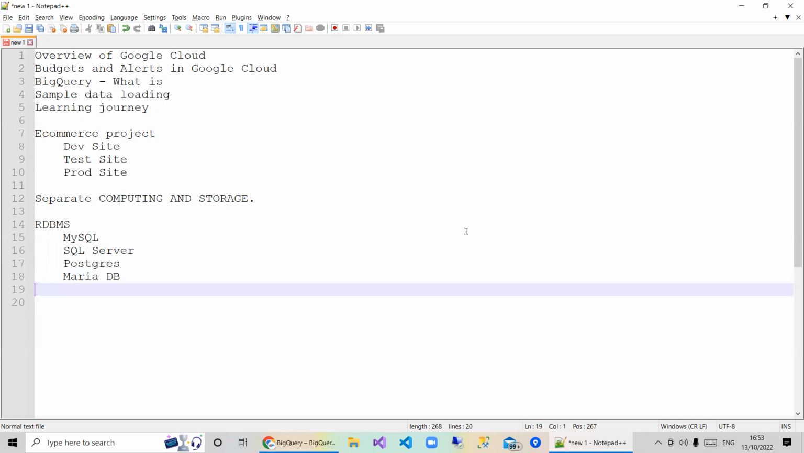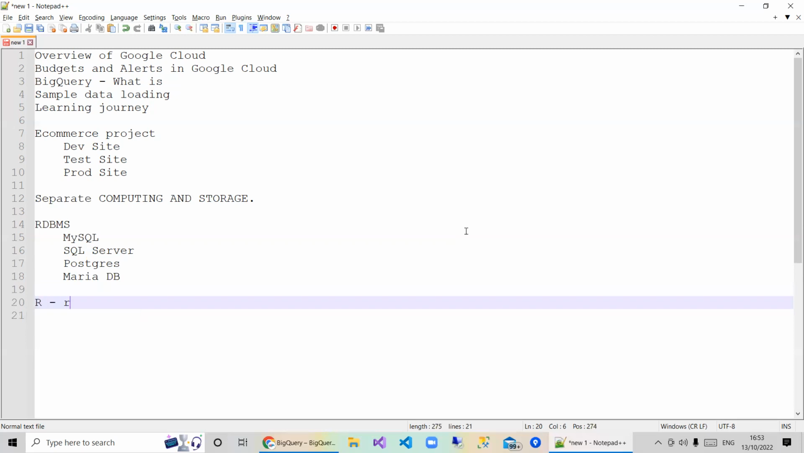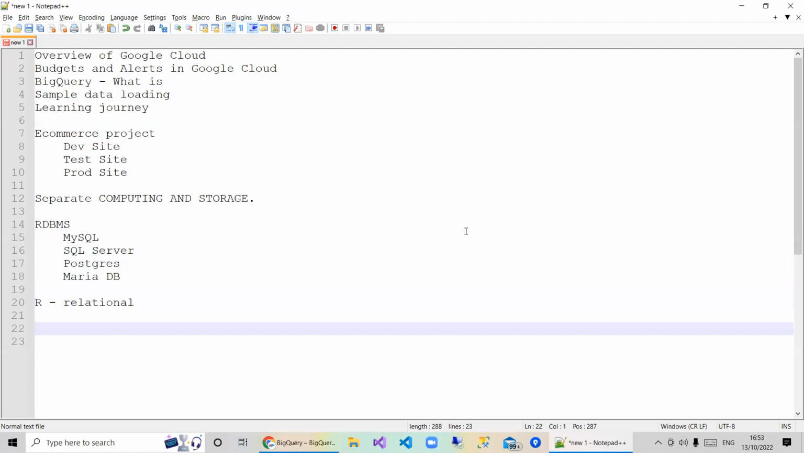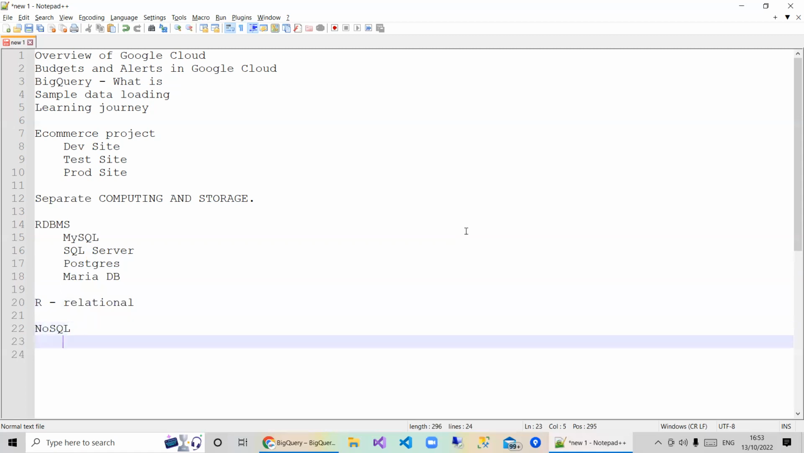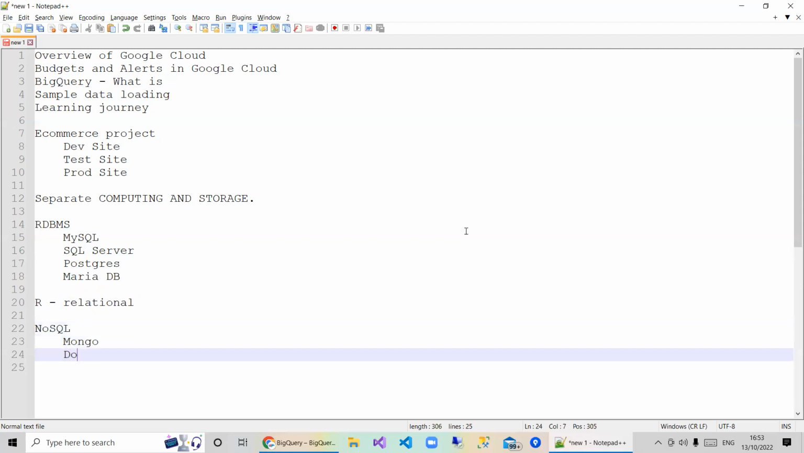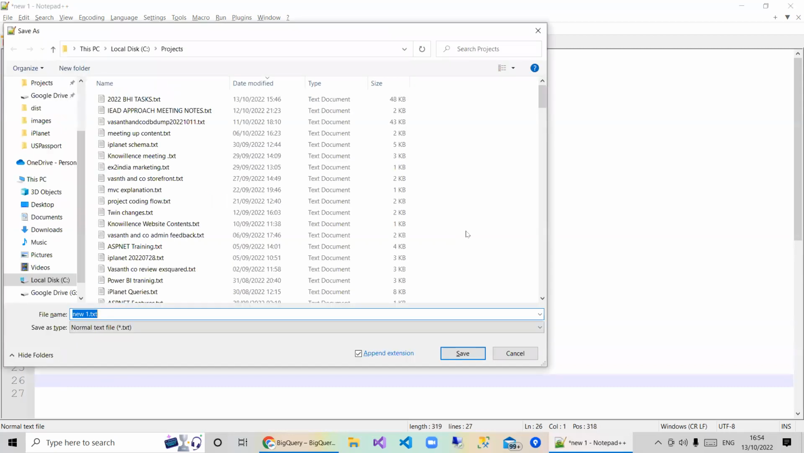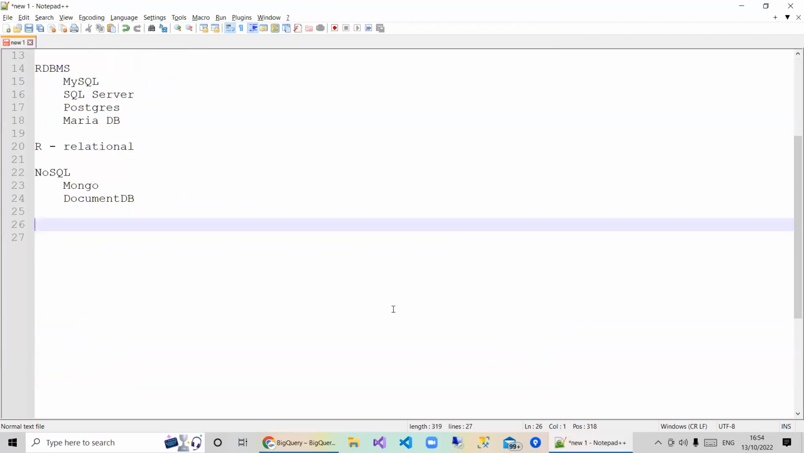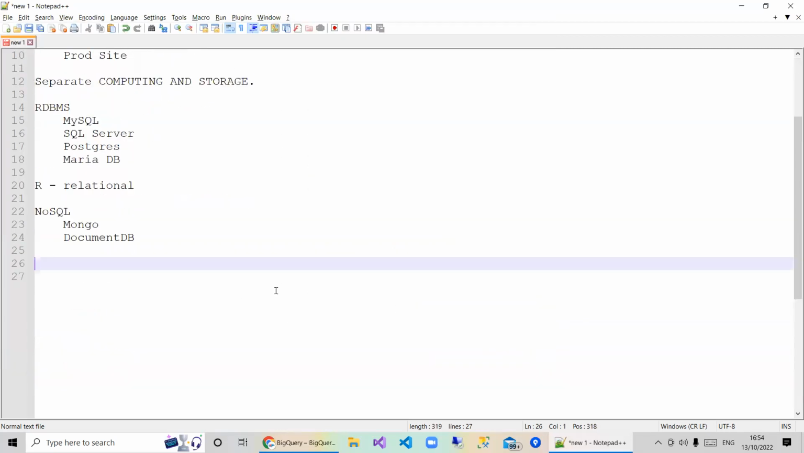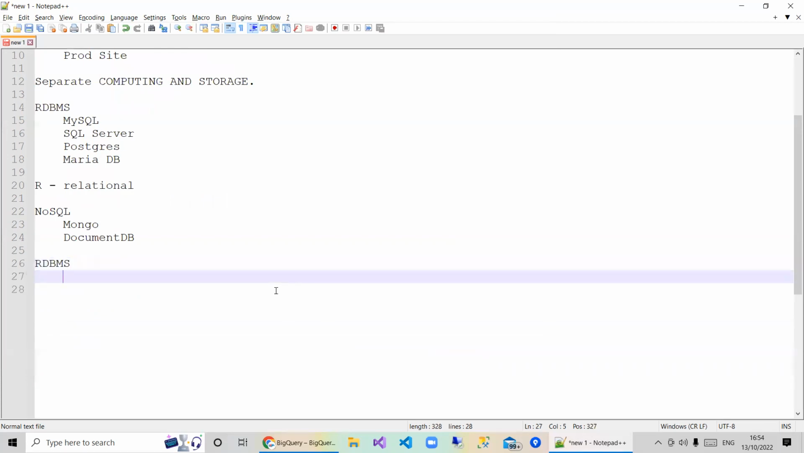As you know, in RDBMS the R is very important: Relational. And now there are a lot of databases coming up, right? NoSQL, so Mongo and DocumentDB, all those things are coming up. Similarly, in RDBMS itself we are supposed to follow a discipline. The discipline is: